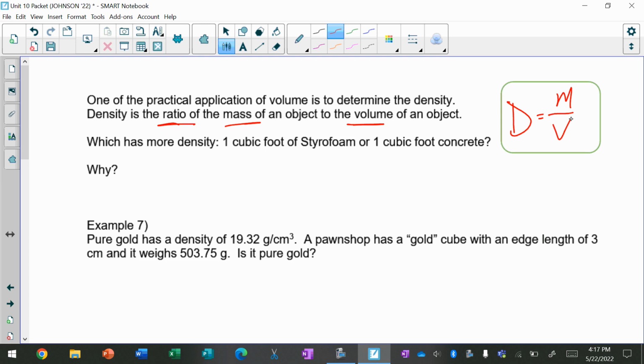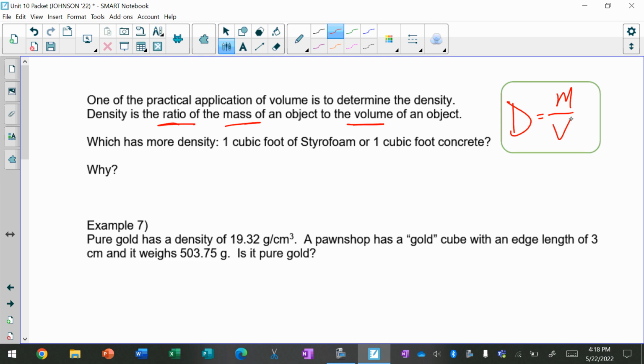So which has more density? You've probably heard the question, what weighs more, a ton of bricks or a ton of feathers? And the whole idea is that someone will say, oh, a ton of bricks weighs more. Well, here's what that question is really messing with, the idea of density. If you talk about actual weight, a ton of bricks and a ton of feathers are each going to weigh 2,000 pounds, because a ton is equivalent to 2,000 pounds. But if you think about how many bricks you need to make 2,000 pounds compared to how many feathers you would need to make 2,000 pounds, you would need